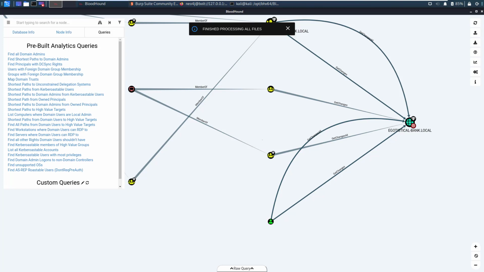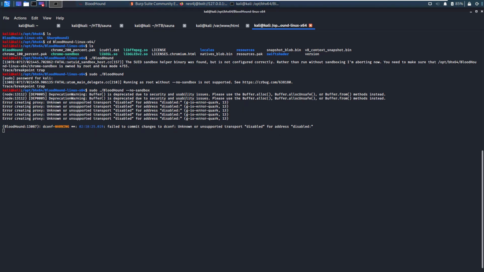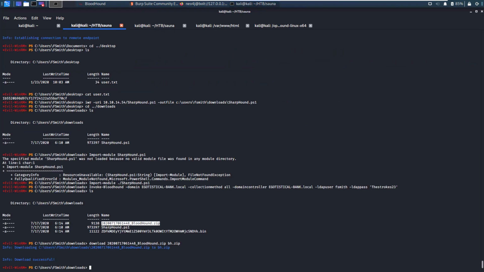There's two different ways that I was able to pull this off once we get the credentials. So the first thing we need to do is actually get the credentials. And this was fairly easy if you're sitting in this login right here. I'm going to do the same thing I did before. I'm going to invoke a web request. I'm going to tell it, here's my URI, 10.10.14.54, and I'm going to give it winPEAS.exe. And we're going to outfile to users